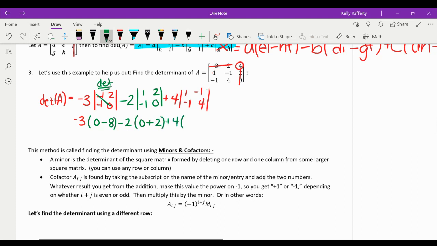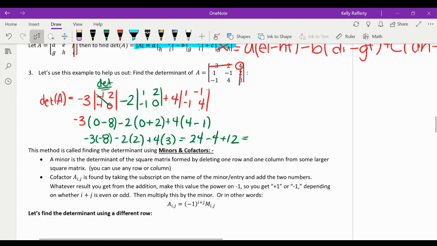And lastly, 1 times 4 minus -1 times -1 is a positive 1. And finally, we're going to simplify one more time. So we should get 24 minus 4 plus 12, which I think works out to be